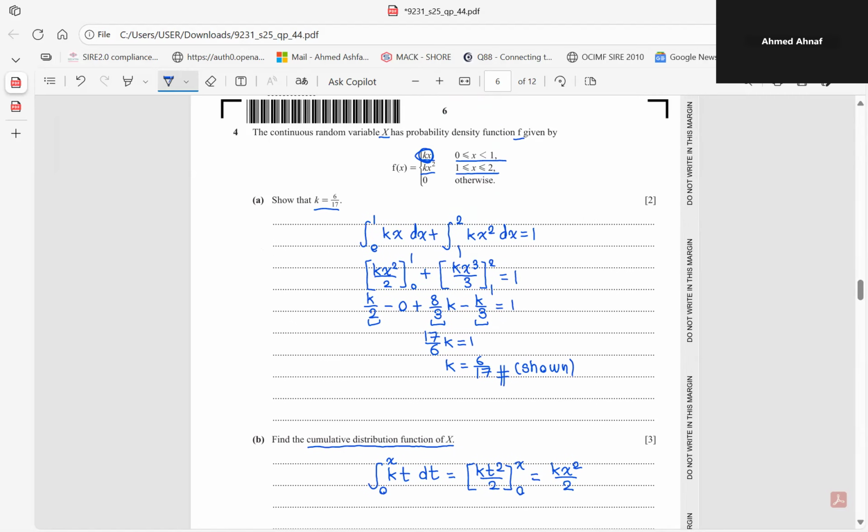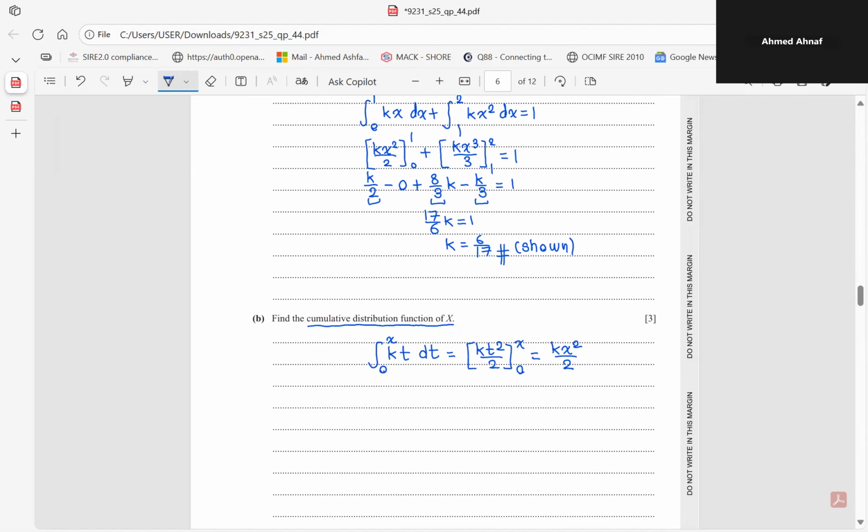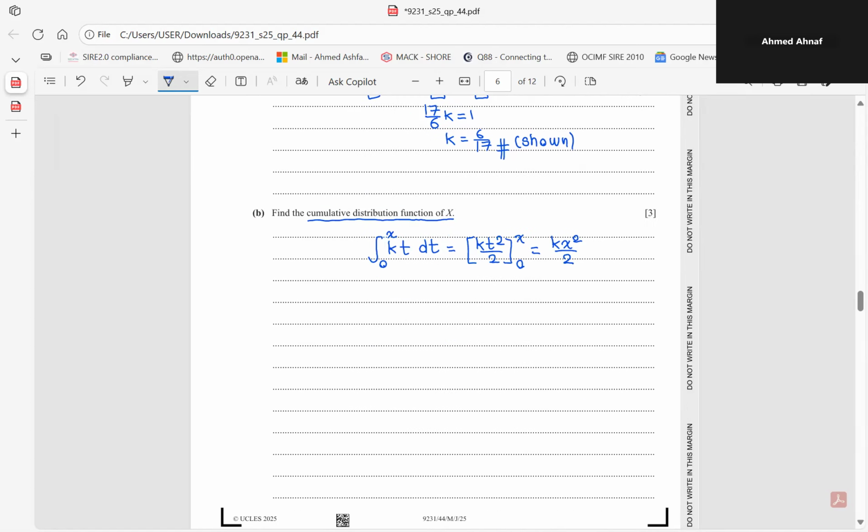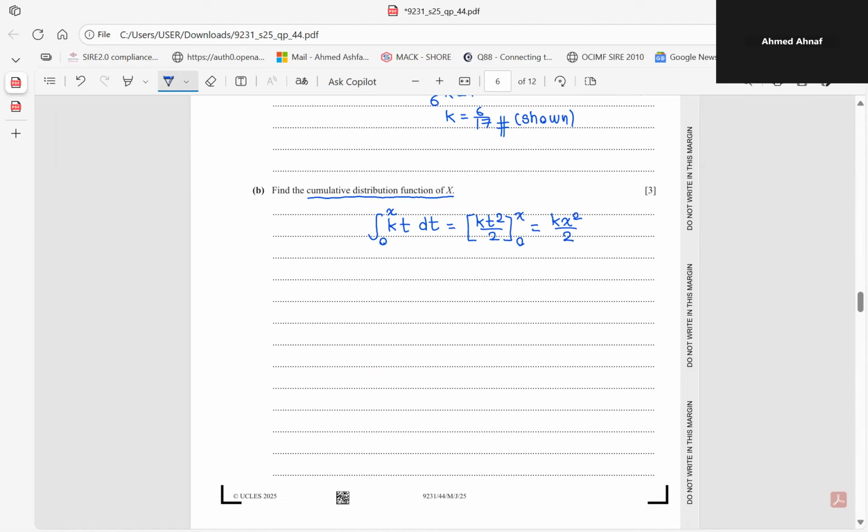And to find the next CDF, it's slightly different because it includes 1. So you have to substitute a 1 into this function. So it's going to be big F of 1, right? Well, I forgot we found k already. So 16 over 17 times 1 squared over 2, so this is 3 over 17. So you have to add this to the integral later. So 3 over 17